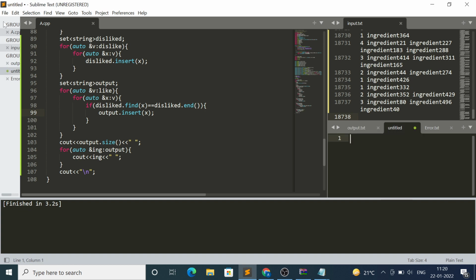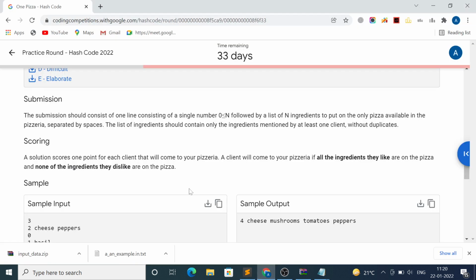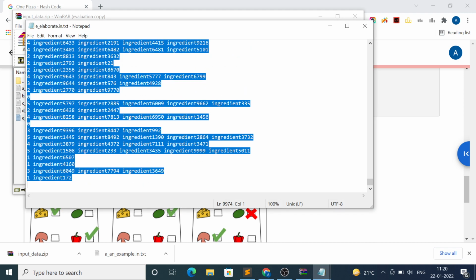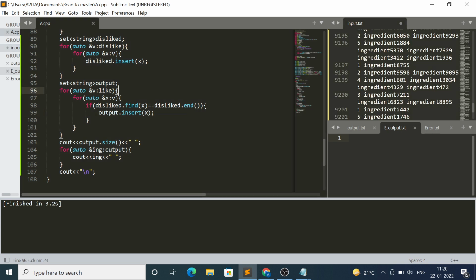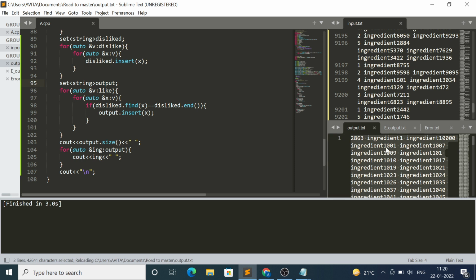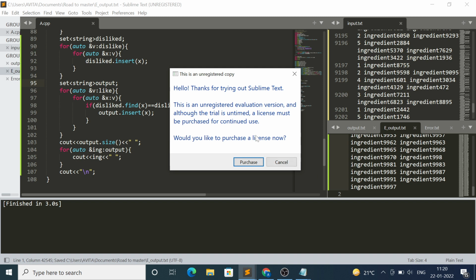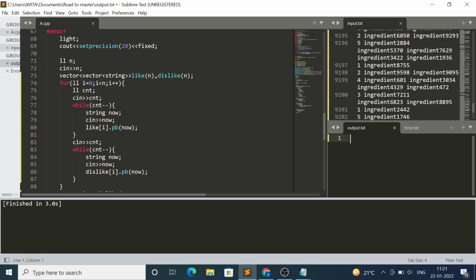This should be named as E output.txt. For this, what I need is the last input. Control C, Control V. So 286 ingredients are there in one. Control S, cancel. Okay, so now I should just